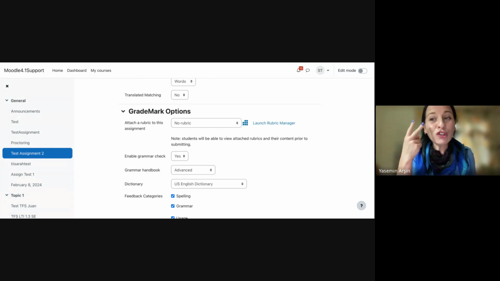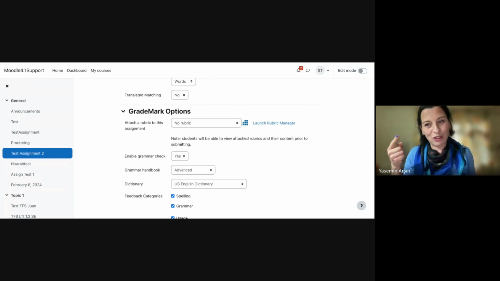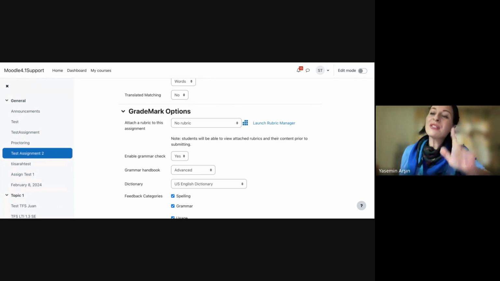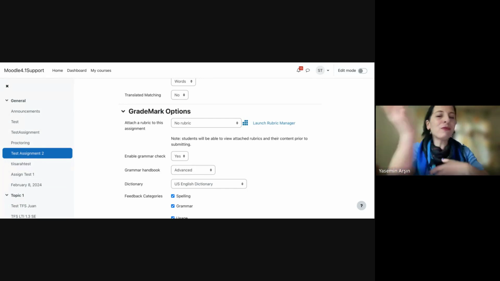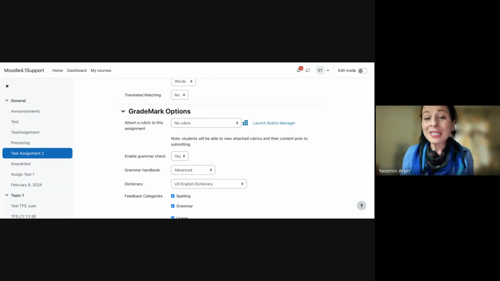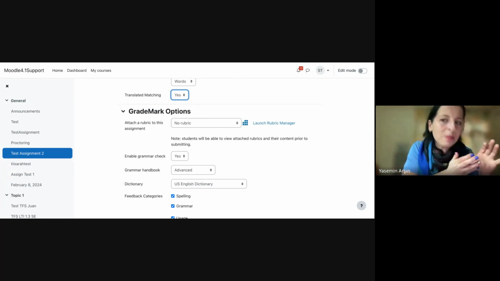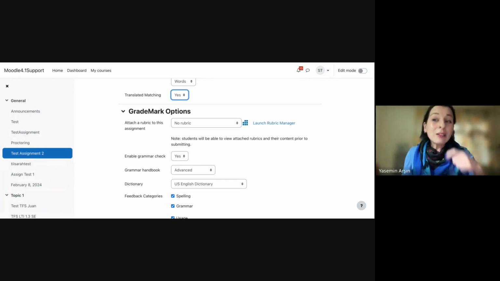So there will be two checks in two different languages. So if the assignments are in Arabic, German, French, Spanish, whatever the language is, activate translated matching, and it will show you maybe another perspective of the paper if there is translation from English into other languages. It works in this way, not vice versa.